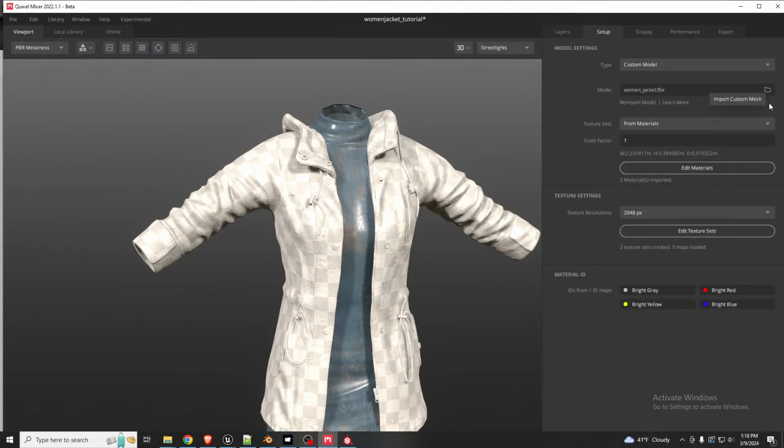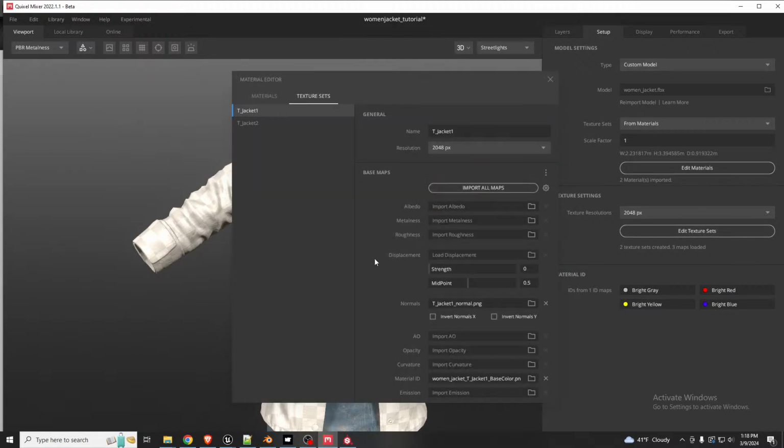All right, so let's do the setup. Basically, the setup is, like I said, I select custom model, and for the model, I got this woman's jacket, which is just the FBX that I downloaded from Sketchfab. And then you can go in here and edit texture sets. So in texture sets,